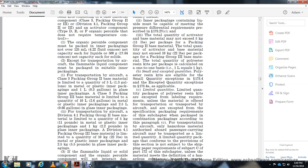is offered for transportation or transported by aircraft with the specification packaging requirements of the subchapter. When combination packaging conforms with paragraph C, transportation by aircraft that only has material authorized in passenger carrying aircraft and transported with limited quantity packaging conforming with the provisions of the section is subject to